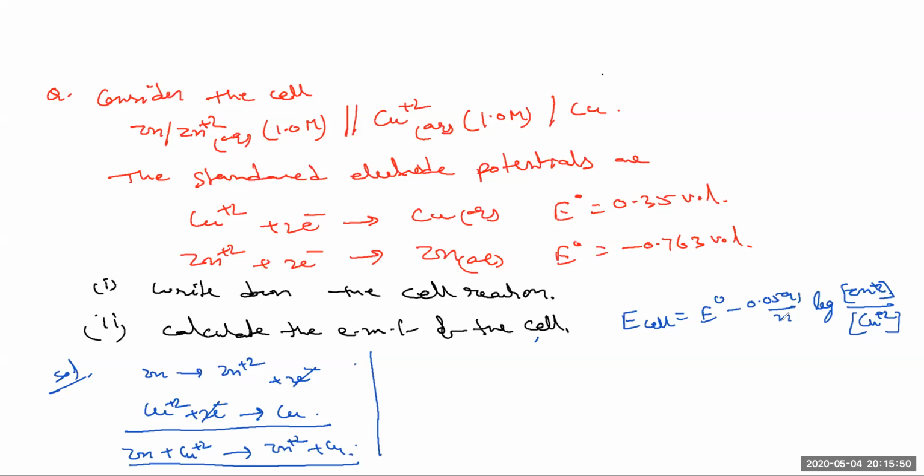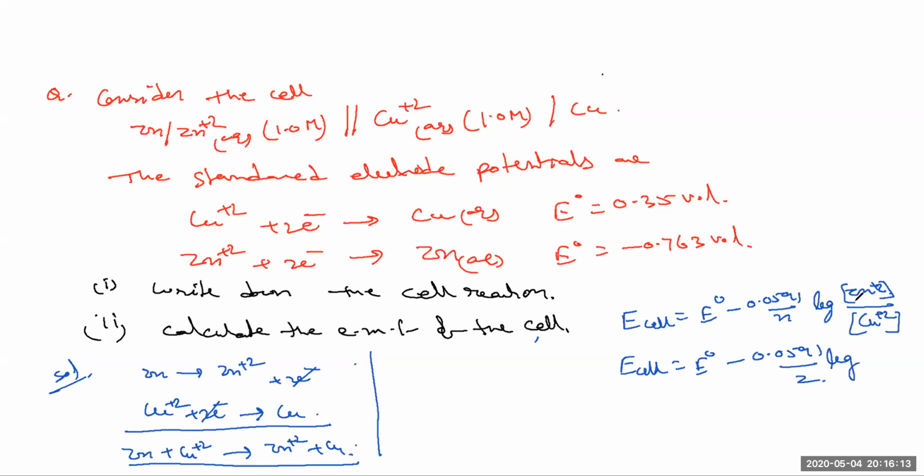In this reaction, how many electrons are exchanged between the reductant and oxidant? 2 only. n value is 2. Therefore, E cell is equal to E naught minus 0.0591 by 2 into log of